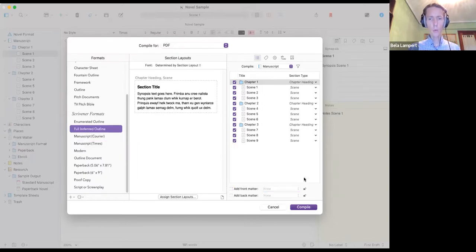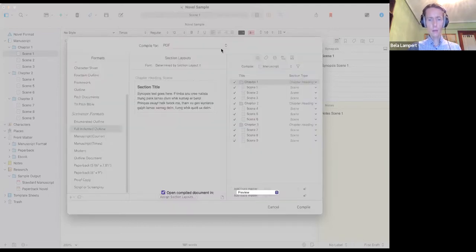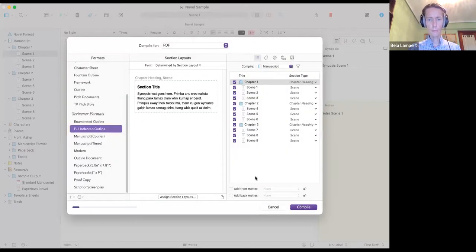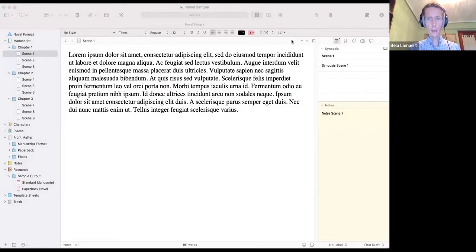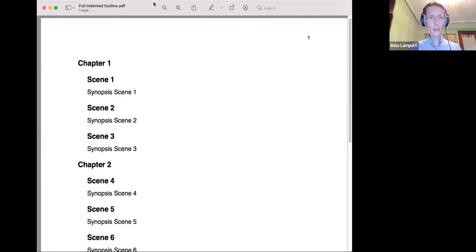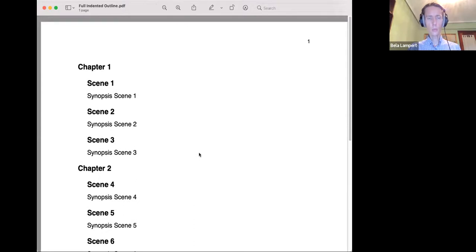And now let's see what Scrivener does with that. Full indented outline. And let me show you how that looks. And now you see that what we see is completely different. It's the same Scrivener project. But with this compile format, the information that we pass to the compiler is completely different and it's handled completely